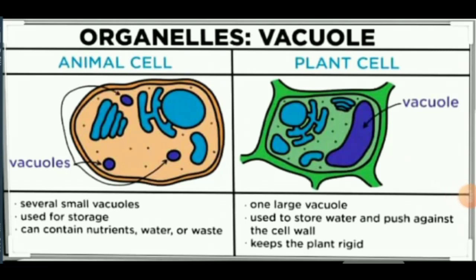Students, the last cell organelle is vacuole on page number 65. Vacuoles are single membrane bounded organelle and they are filled with fluid. They are present in both animal cell and plant cell. In animal cells, many small vacuoles are present, while in plant mature cells, small vacuoles fuse to form large vacuole in the center. Vacuoles can be in the form of food vacuole or contractile vacuole for the removal of waste from the body.